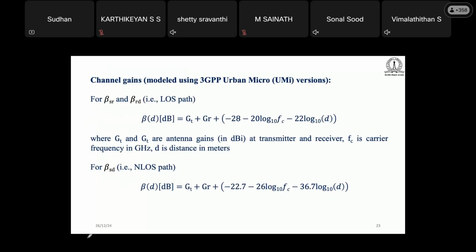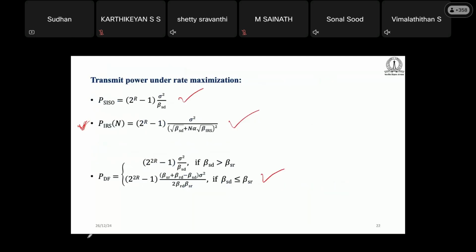And this one has taken some kind of... so if one can plot this capacity, that's capacity with respect to the SNR, then only we could be able to see this one. I have missed this one slide. Okay, so what is there that this one will be giving the better.